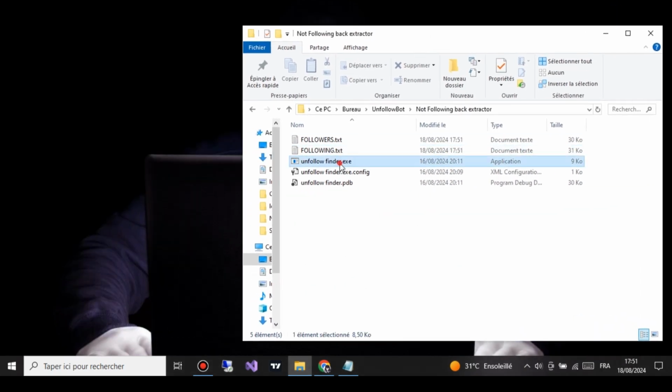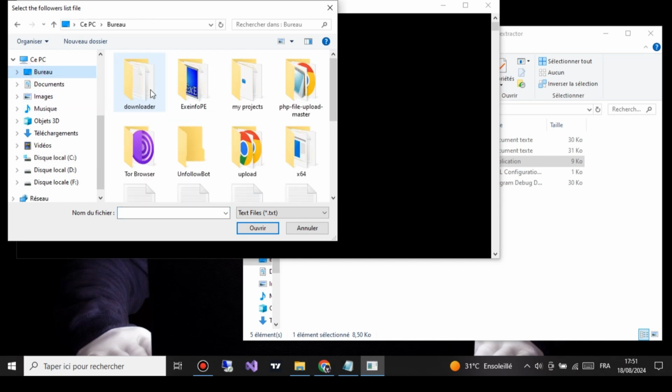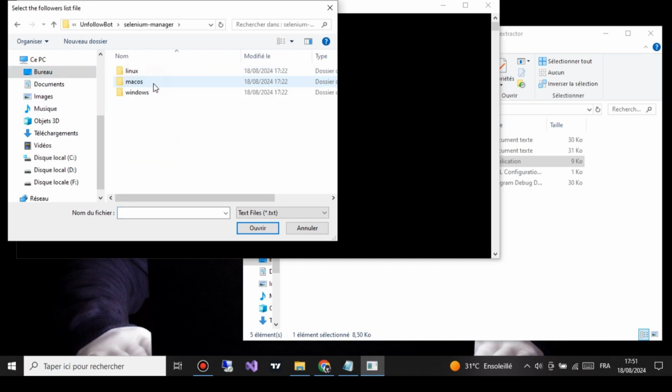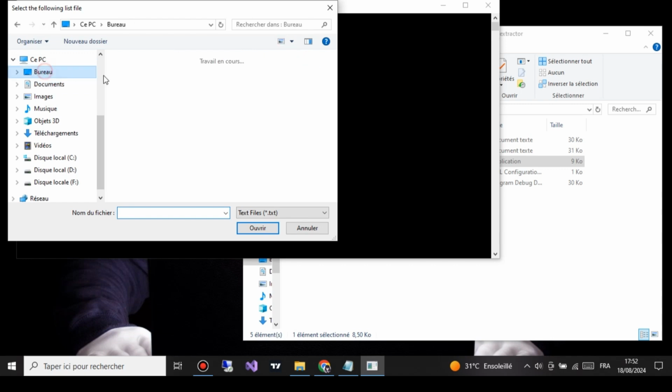Now that you've extracted your follower and following lists, it's time to use the unfollow extractor. Start by running the unfollow extractor and selecting the files follower.txt and following.txt that you just created. The tool will automatically compare these lists and identify all the users who aren't following you back. Once it's done, the extractor will save the results in a new file named